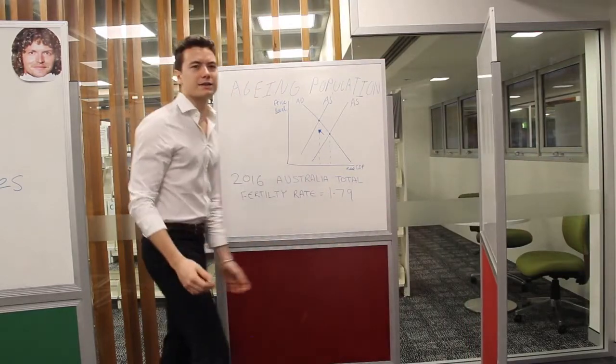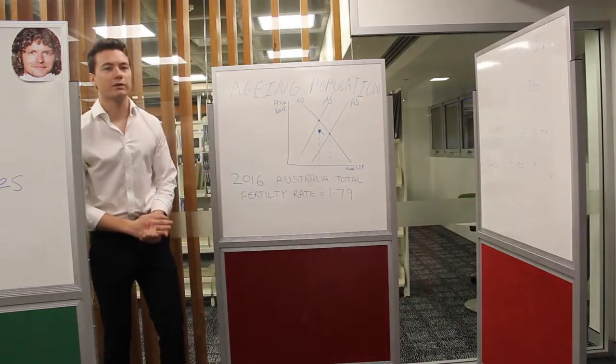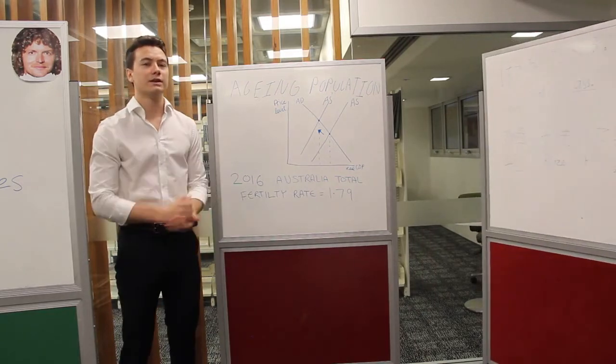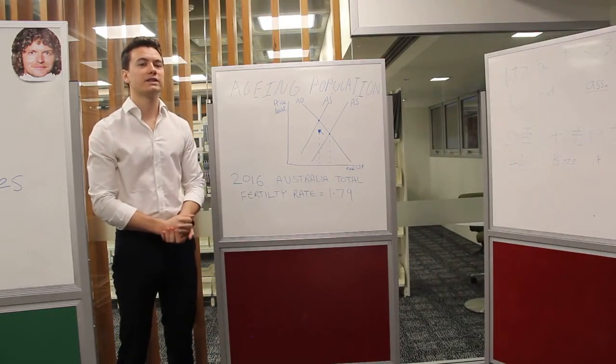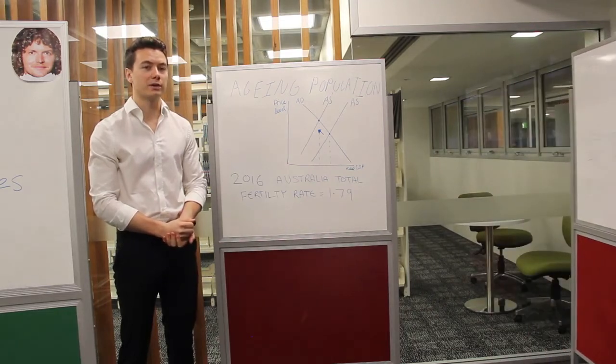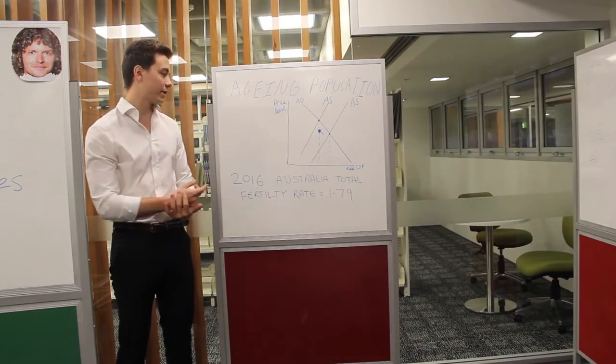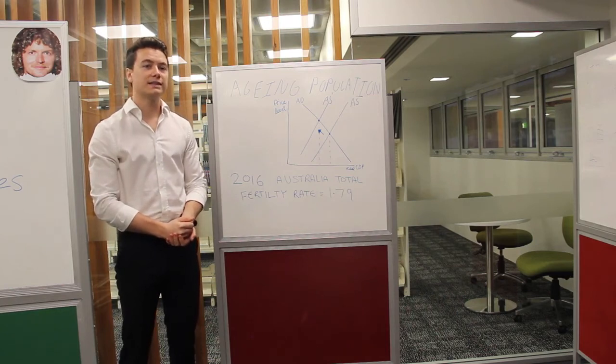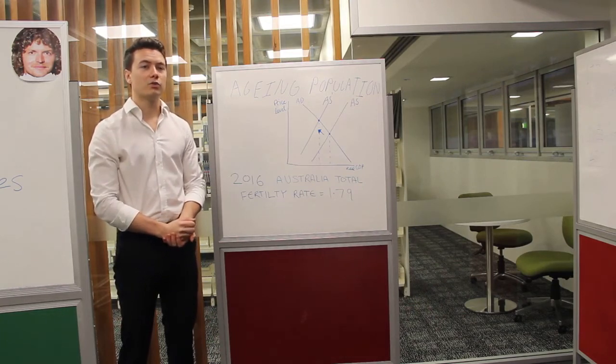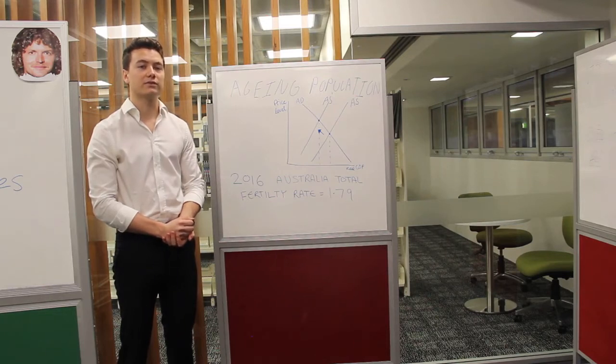On the bigger scale, is ageing population. Unsustainable population growth is a critical current Australian issue. Since 1976, Australia has had a total fertility rate below the replacement level of 2.1 babies per woman. In 2016, Australia's total fertility rate was 1.79 babies per woman. This declining fertility rate is a consequence of an array of factors, one of which is the rising education level of women across the board, combined with marriage becoming less common. The rising level of education induces greater career quality for women, thereby resulting in women starting careers first and then families later. This gradual shift in priorities, combined with dropping fertility rates after the age of 25, has contributed significantly to Australia's declining fertility rate.